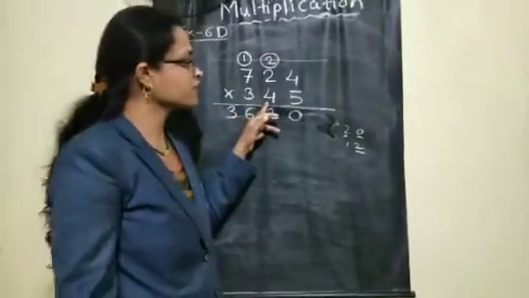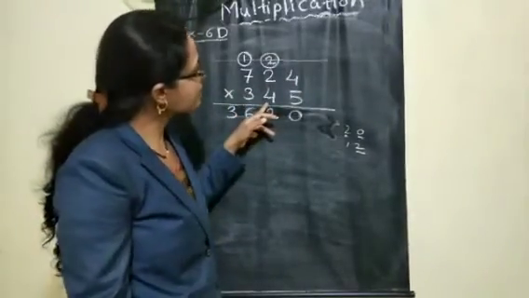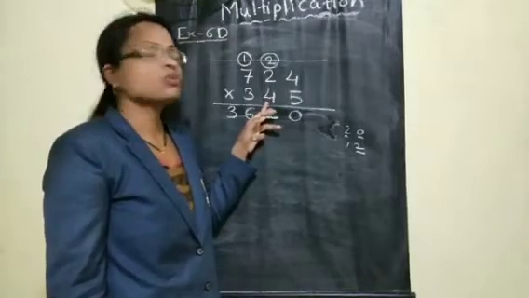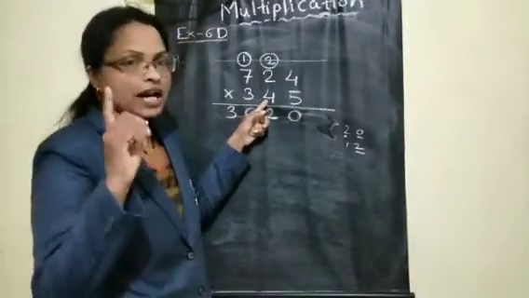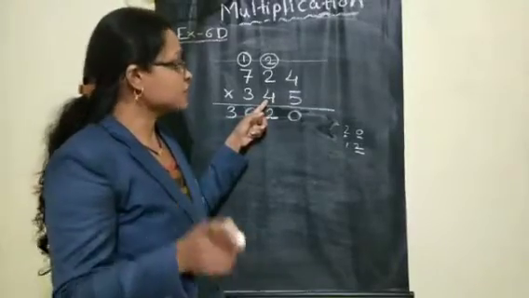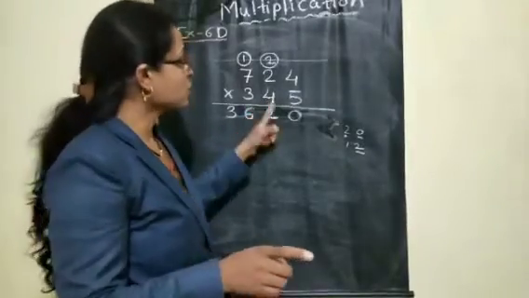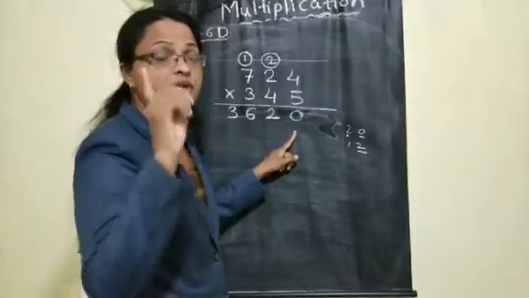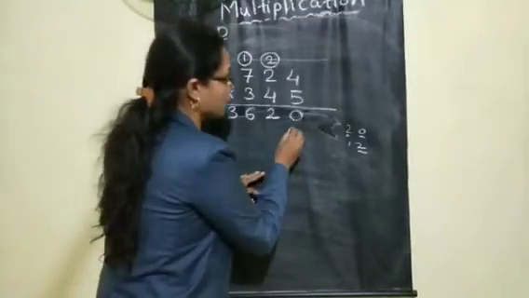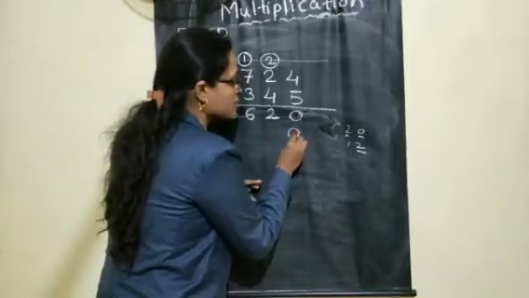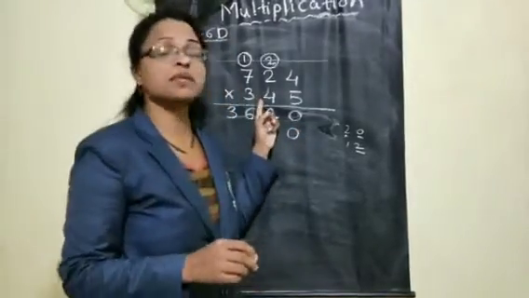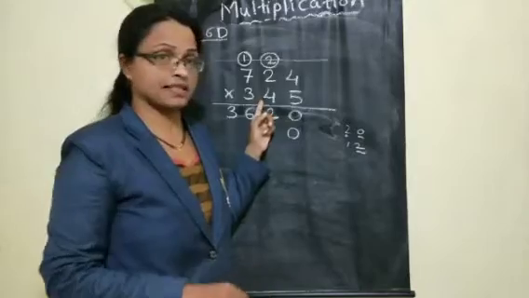Now let us move for the second step. Now second step, you have to move to the tens place downside number. Now, I already told you, when you are multiplying with the tens place number, in the ones place in the second step, always put one 0 compulsory. Now why are you putting this 0? Because now we will start multiplying with the tens place number.